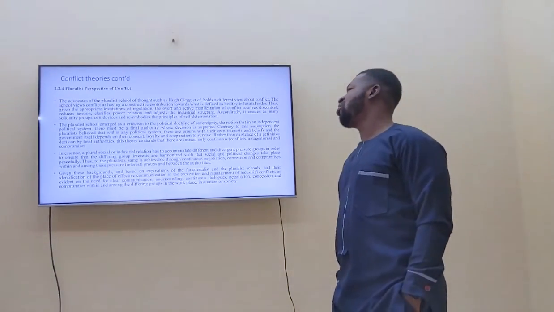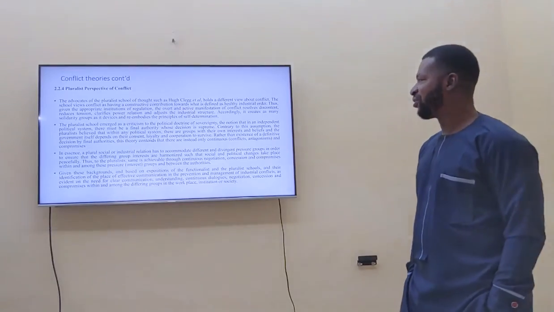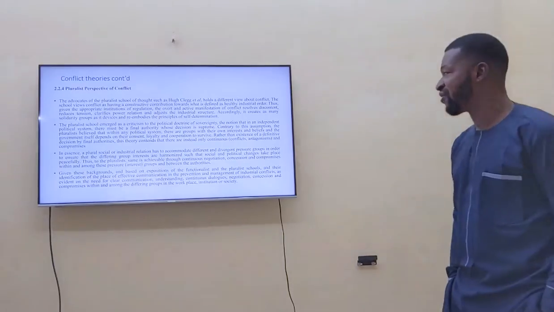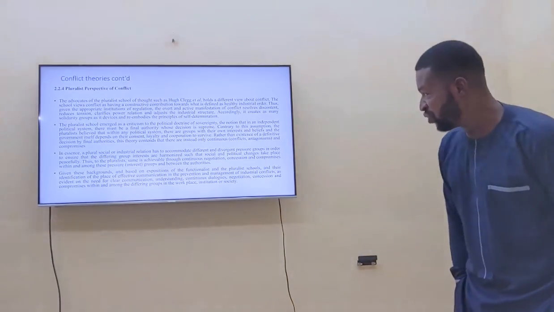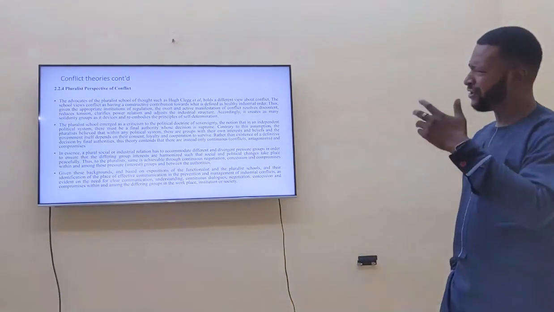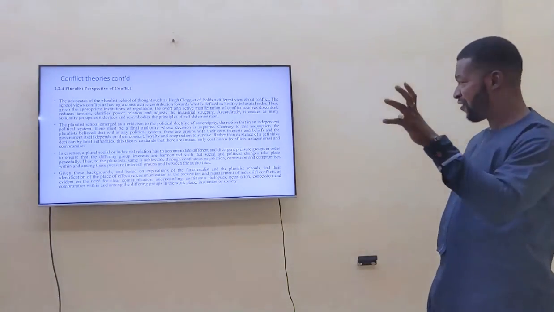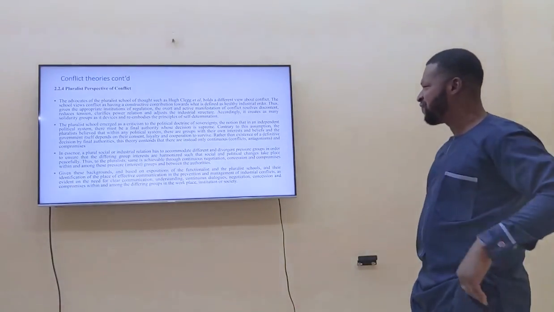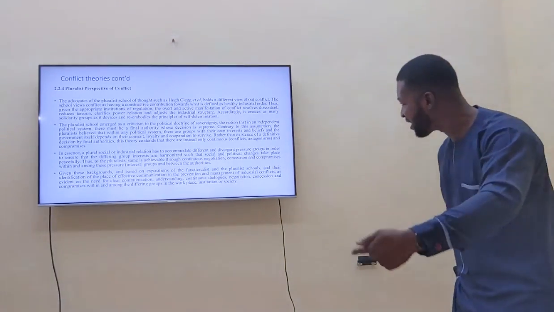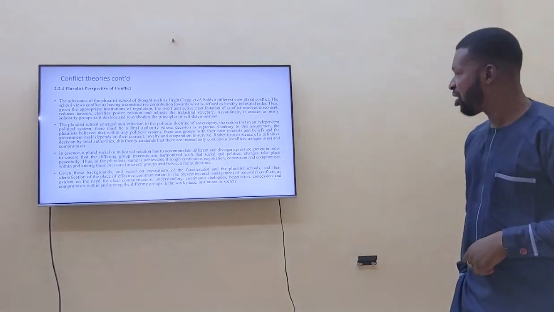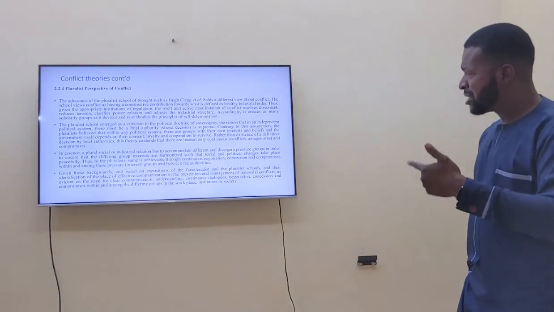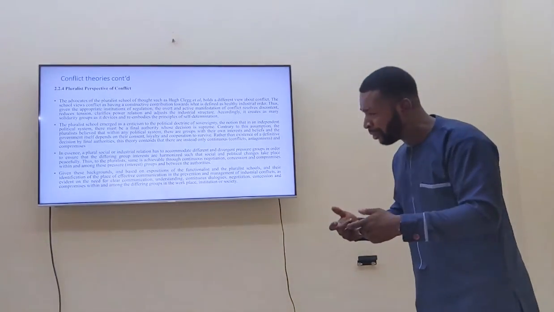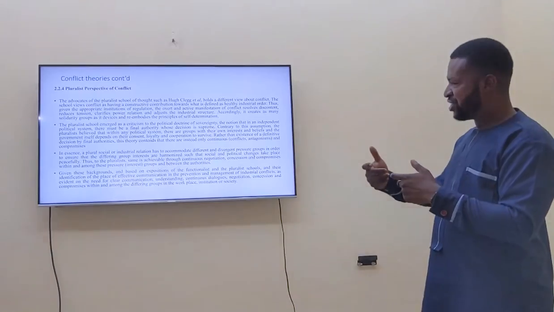The next theory is what we call the pluralist perspective of theory. This theory was propounded by the advocates of the pluralist school of thought, such as Hughes, Clerc, Descartes. They hold a different view about conflict. The school views conflict as having a constructive contribution towards what is defined as healthy in this industrial order. They see conflict as something that must come to bring about a positive change.